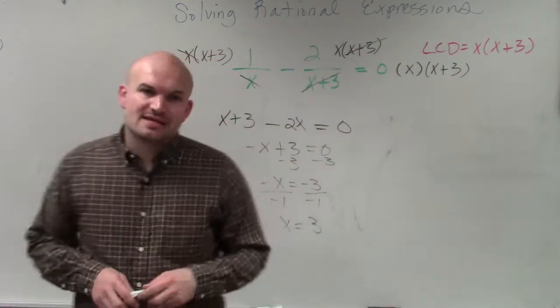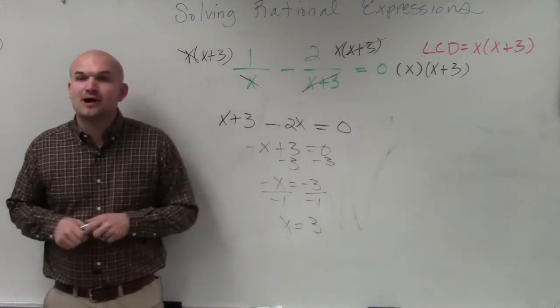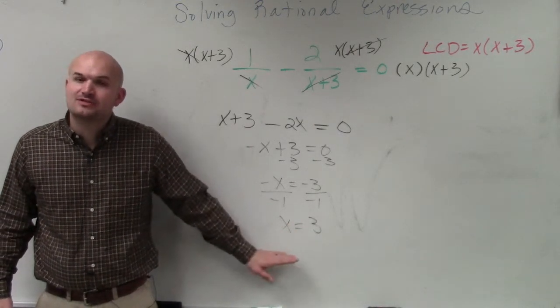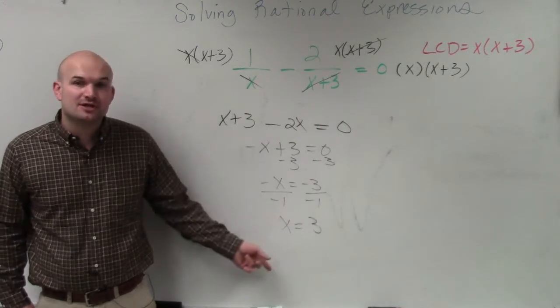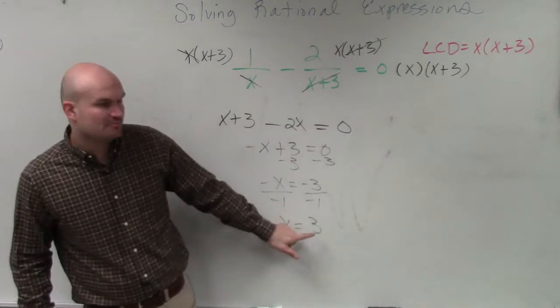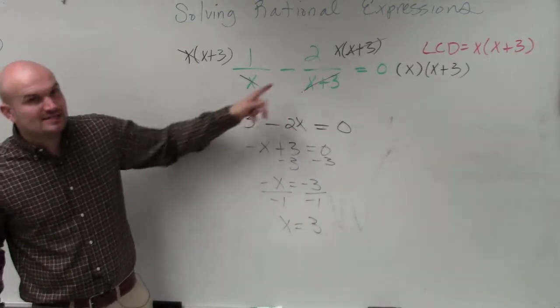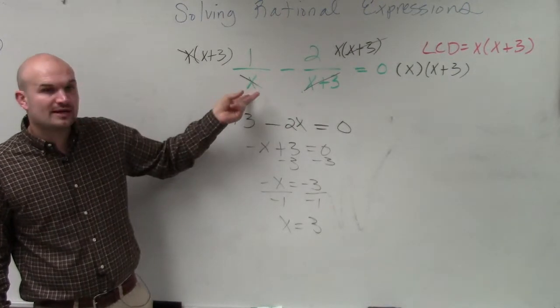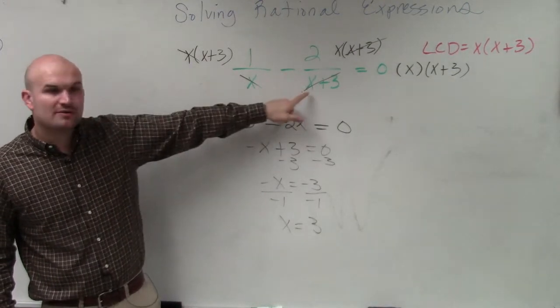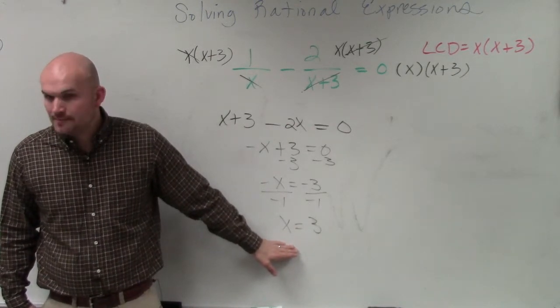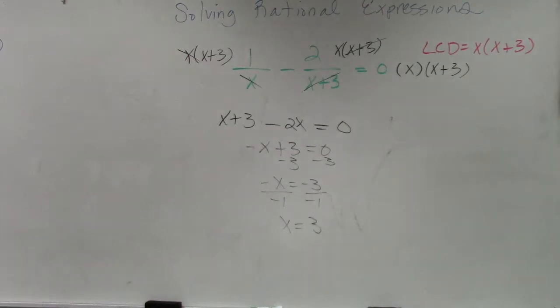So now the next thing that we look at is to finalize our problem. You have x equals 3. What we have to do is make sure x plus 3 does not make our denominator 0. So therefore, what we're going to do is we're going to take 3. And if we put 3 into either one of these, OK, doesn't make it 0. Well, if I put 3 here, that's not going to make that 0. And if I put a 3 here, that doesn't make it 0. So therefore, that is your solution. OK? So once you solve for your solution, make sure you put it back into your equation to make sure